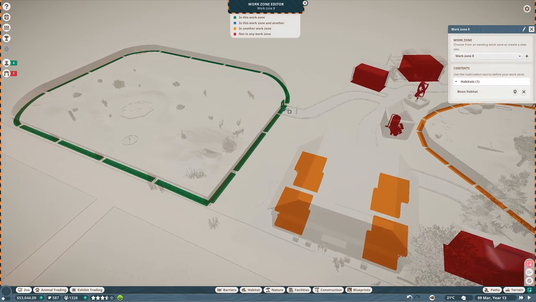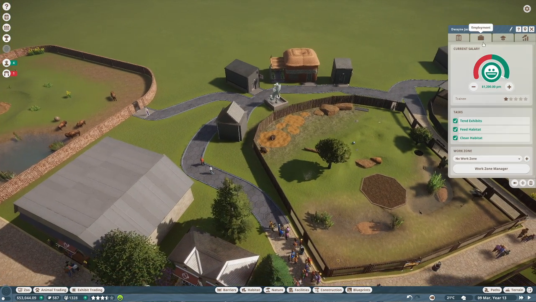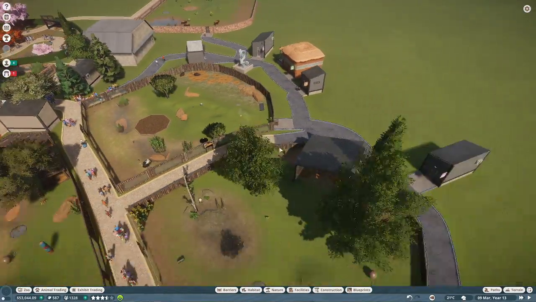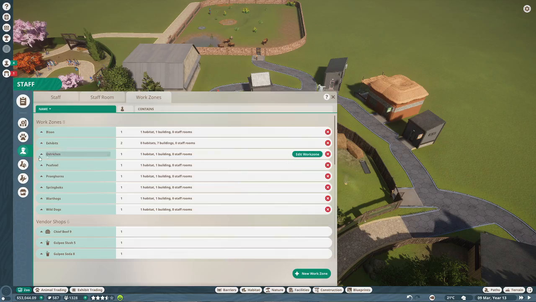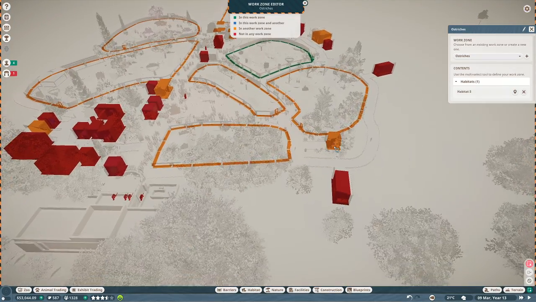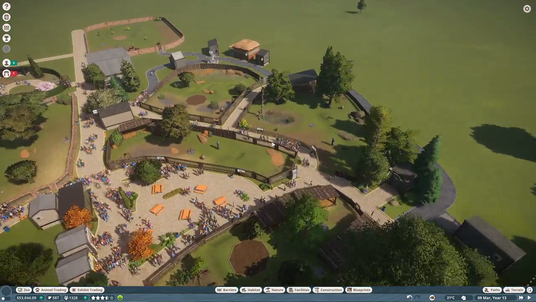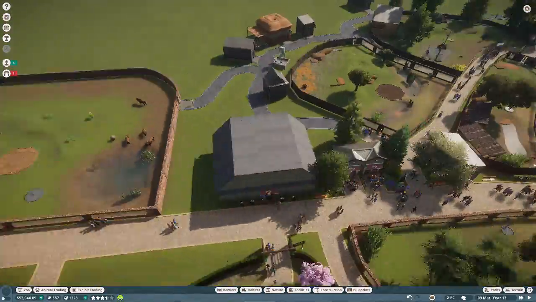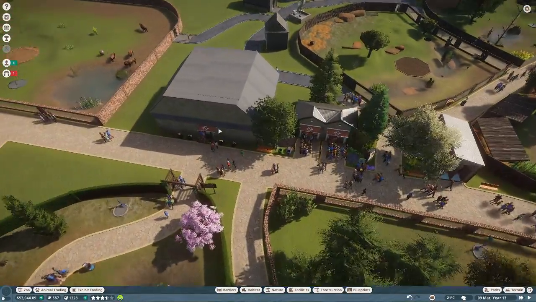Work zone, which is this and this, is Bison. You, my good sir, will look after the Bison. Then we may want to grab like the ostrich exhibit, or work zone rather. Put that one on there just because it's a little bit closer. See, this guy's walking a pretty good distance too, so...